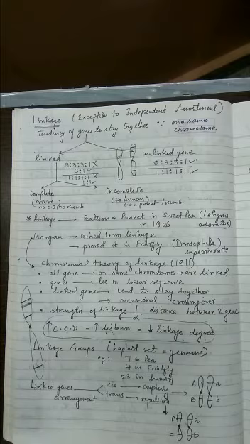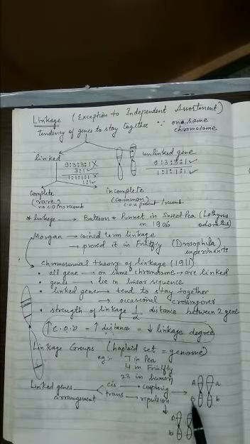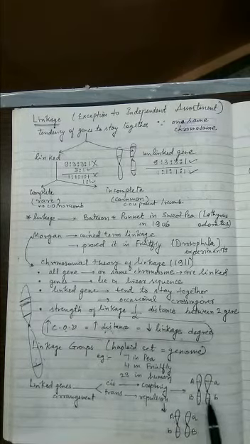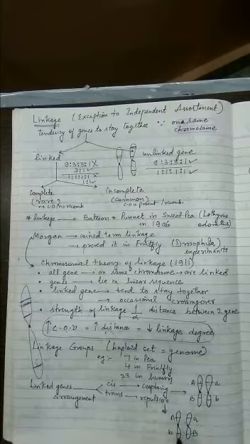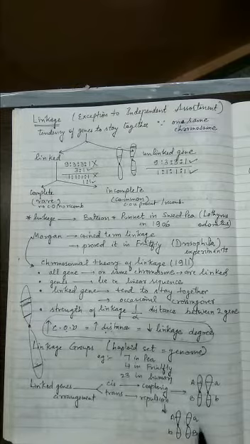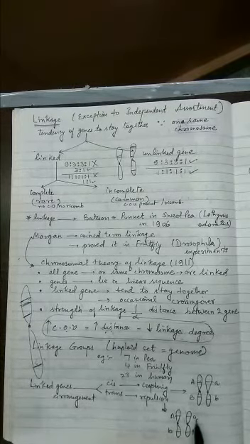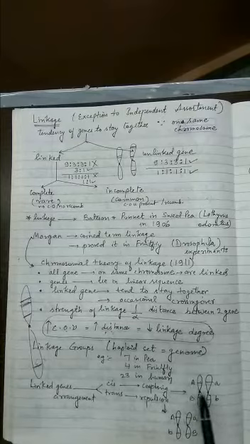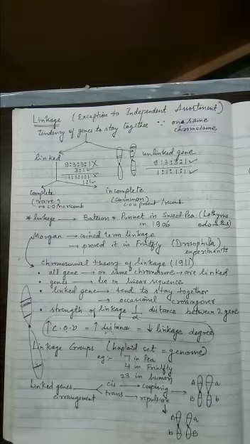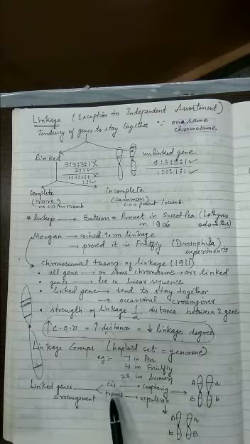Now, linked genes can be arranged in different manners. Very easy point, let's quickly go through it. You can easily see in this diagram, I have written capital A and capital B on the same chromosome, and small a and small b on the second chromosome. Remember, they are homologous chromosomes. So when the capitals of different genes are present on the same chromosome and the smalls are present on the other member of the homologous chromosome, you call this type of arrangement cis arrangement.